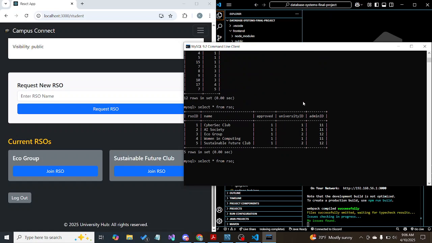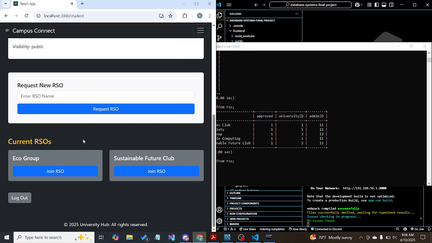Yeah, it displays for RSOs as well, but I didn't make an event with an RSO, so it can't. That's one thing. The next thing I want to do is